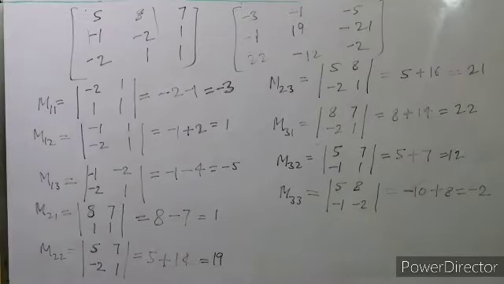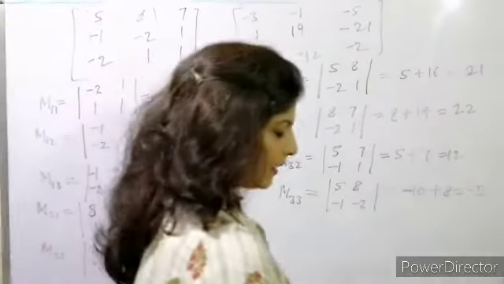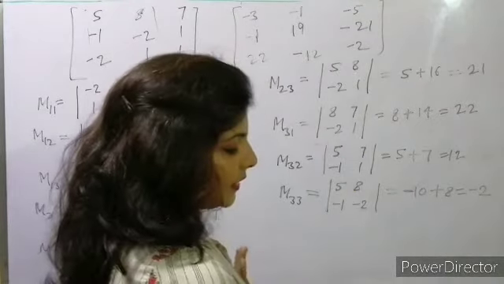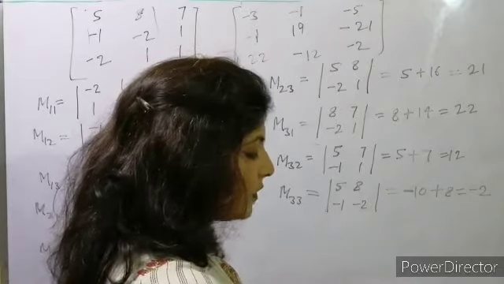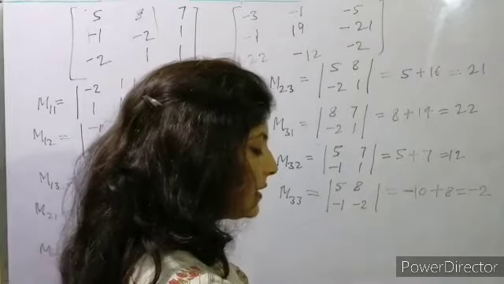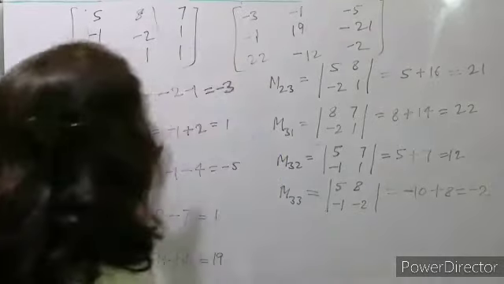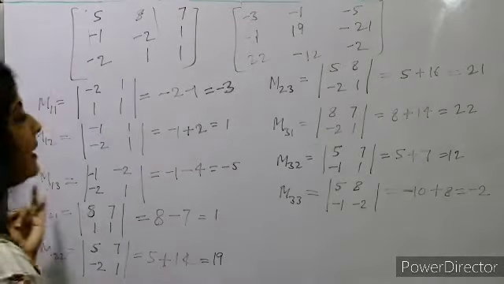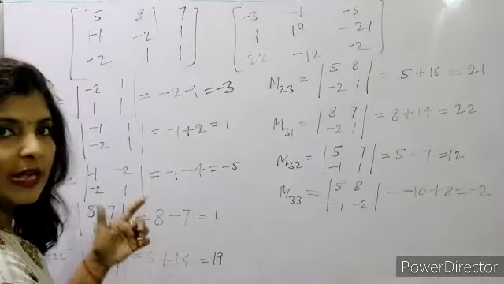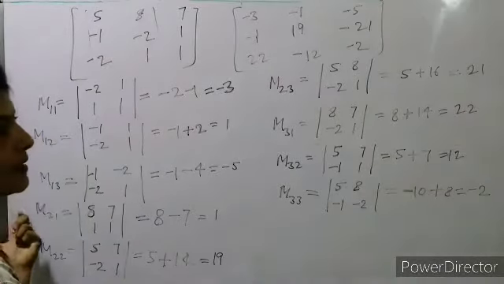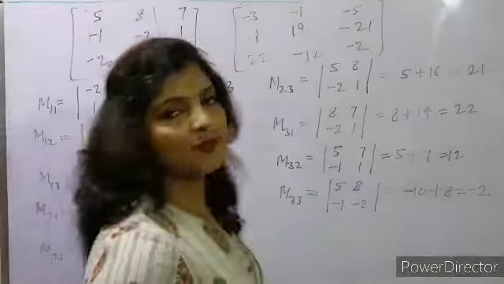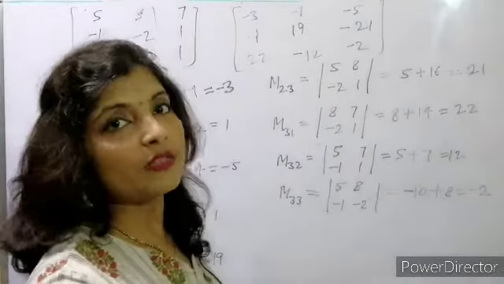So we got the cofactors. We have to find out the cofactors; we don't have to find out the adjoint. So this will be the resultant matrix. Now the fourth question: find the adjoint of the following matrices. First of all, in a similar way, you have to find out the minors, then by putting the sign according to the place of the element, find out the cofactors. Then take the transpose of the cofactor matrix and you will get the adjoint of the given matrix.